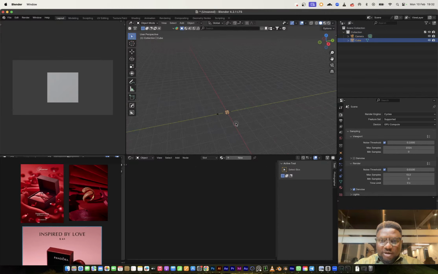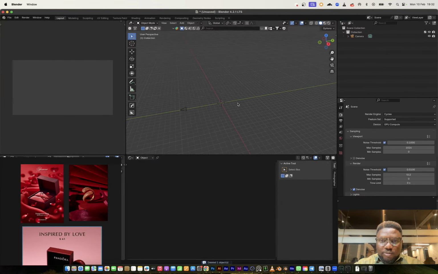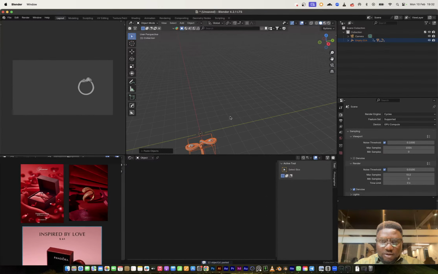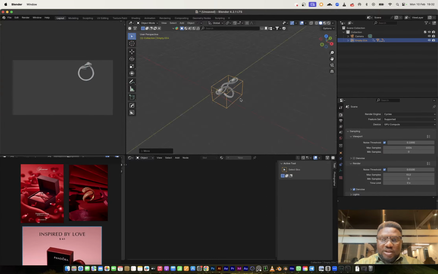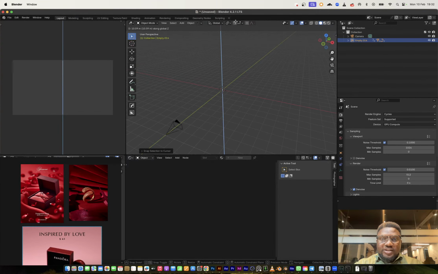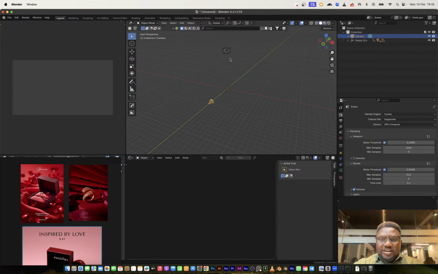I don't want to clear the scene. I think I want to leave the camera where it is, and then I probably want to remove the default box, and I think our ring is on the scene right now. So we're cool. I think this is parent to the whole thing, so that helps me even better. I'll just Shift S and move color selection to the cursor. What I want to do, I'll just move this entire thing on the z-axis and keep it up there. When I need it, I'll bring it down.